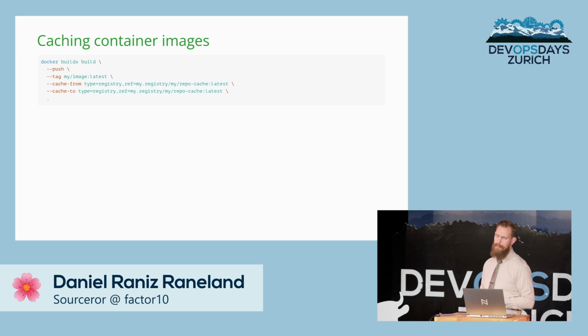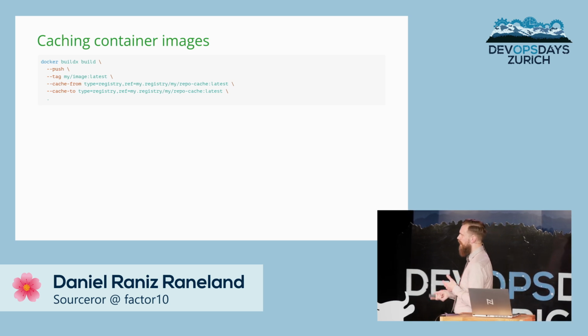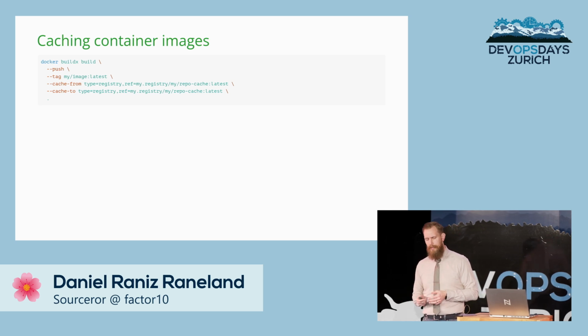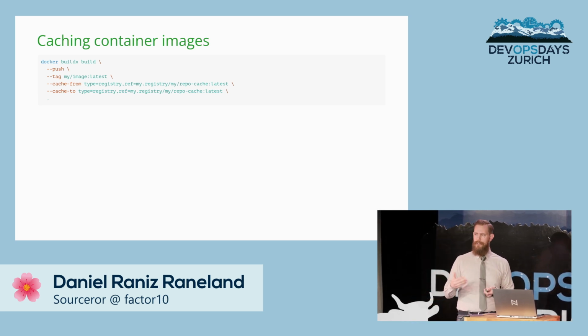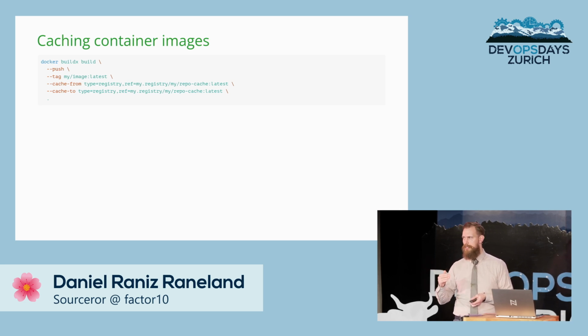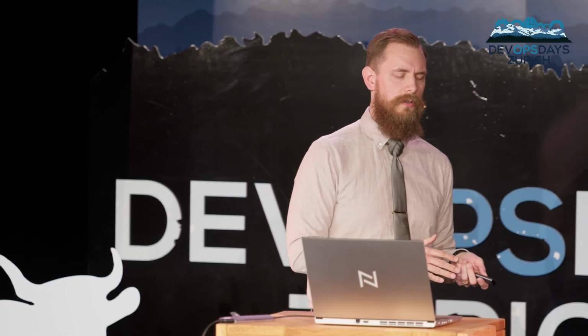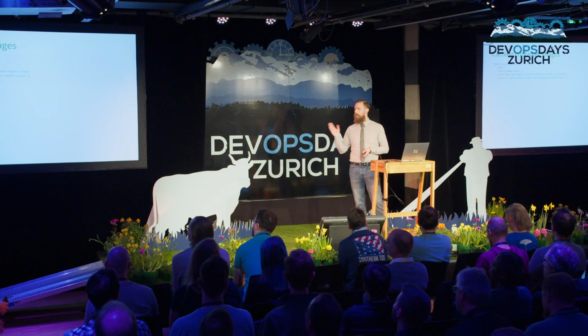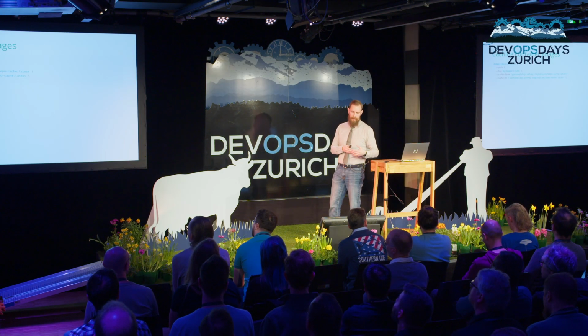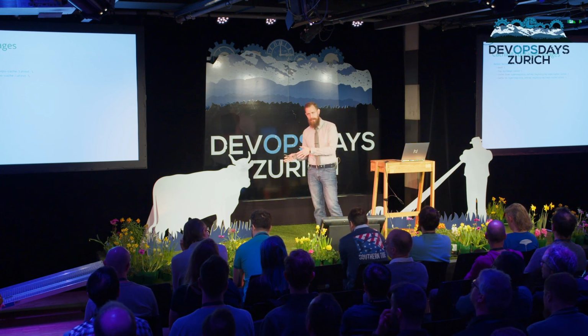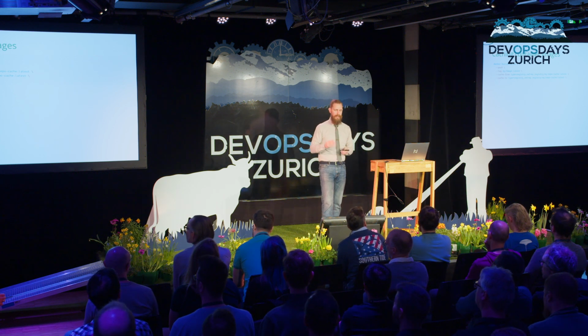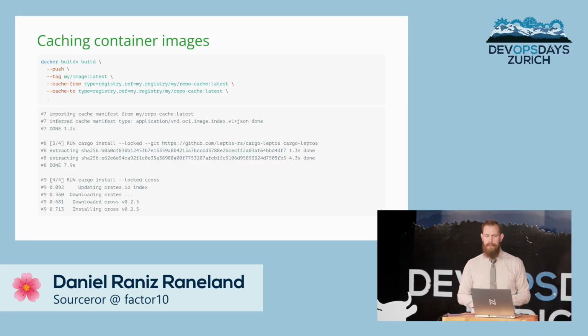We can also cache container images. This requires buildx if you're using Docker. This is also the same as when you run locally. If you run the same Docker build again, it will only run the steps that have changed. Typically it doesn't work on builders because they throw away all the images that were built in between. But we can point this to another image in the registry. You need to use separate images. You can't use the same image as you're building because the cache is different. But we just point to reading the cache from and to that image, and we can save a lot of